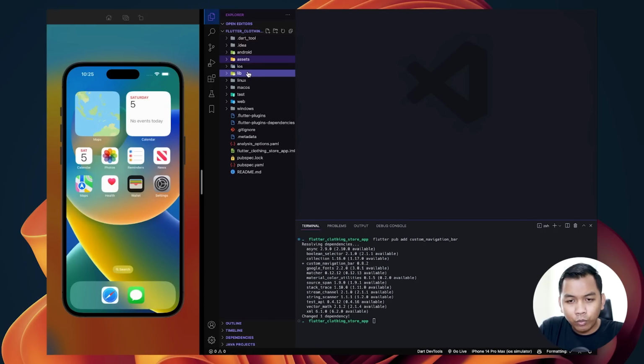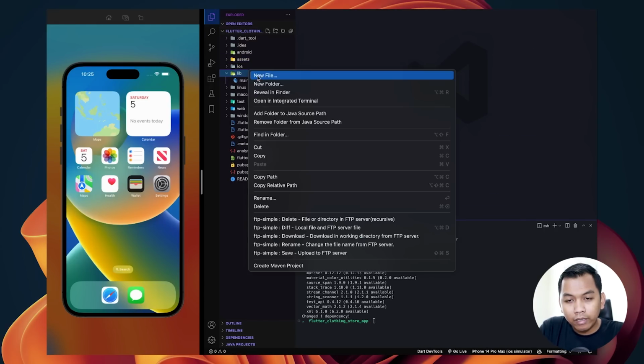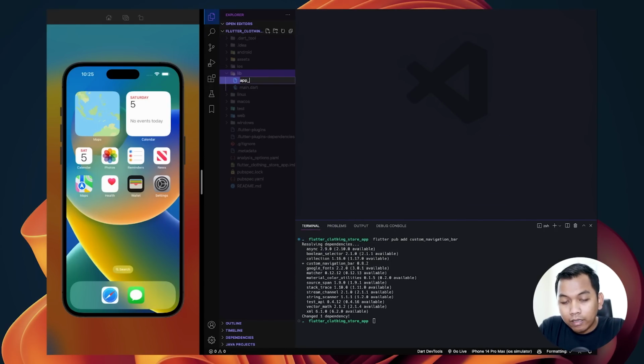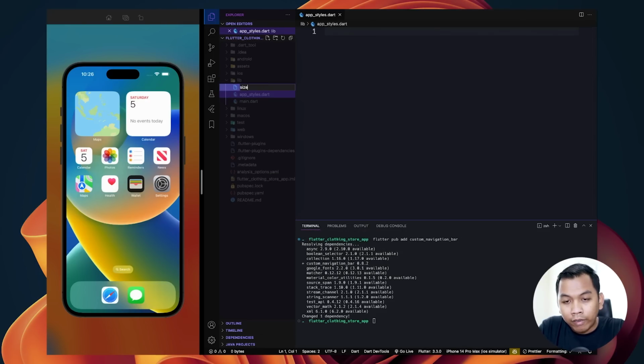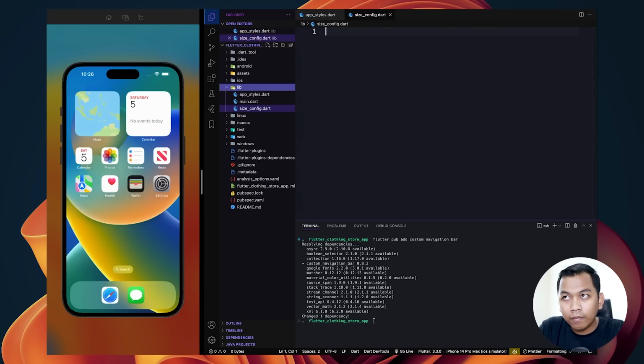And the next step is we need to go to the lib folder and create a new file, name it appstyle, and the next one is size config. We just need to create two files here. So first thing first, let's go to size config,